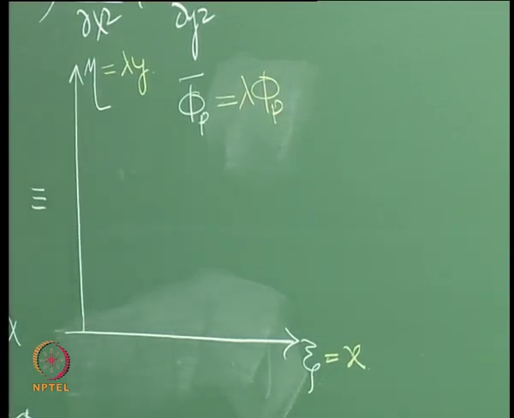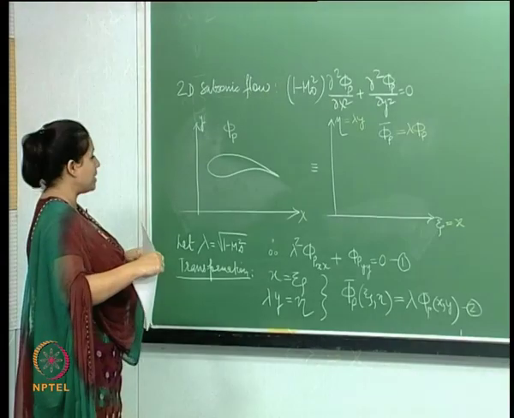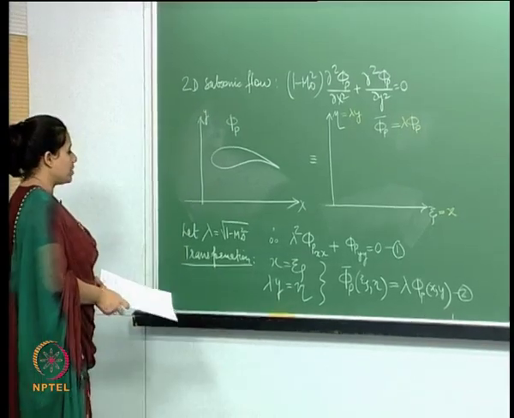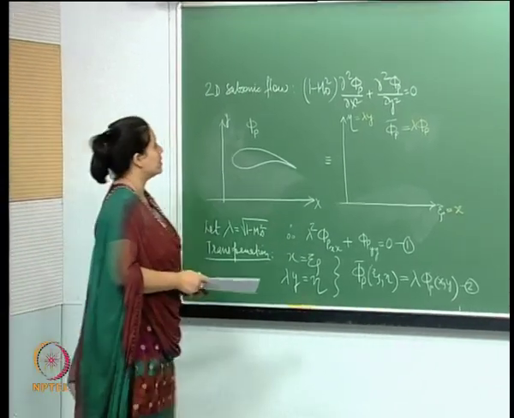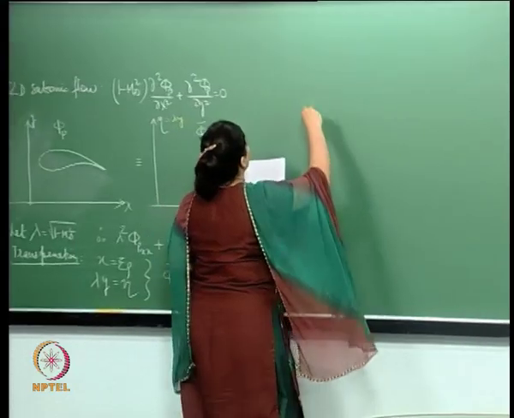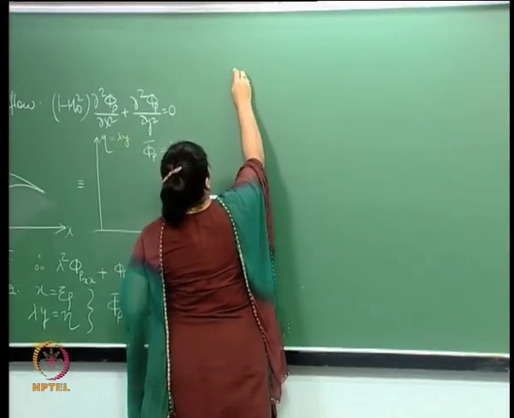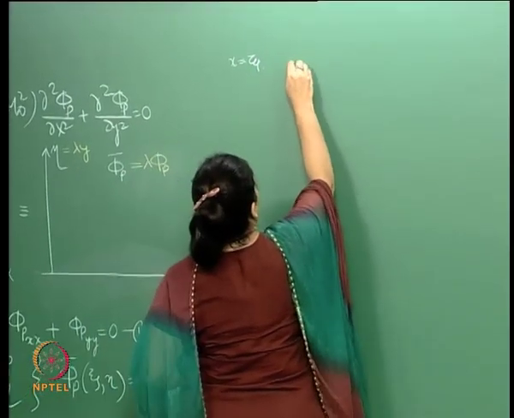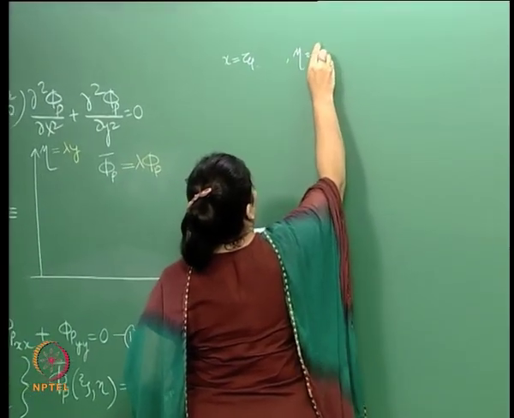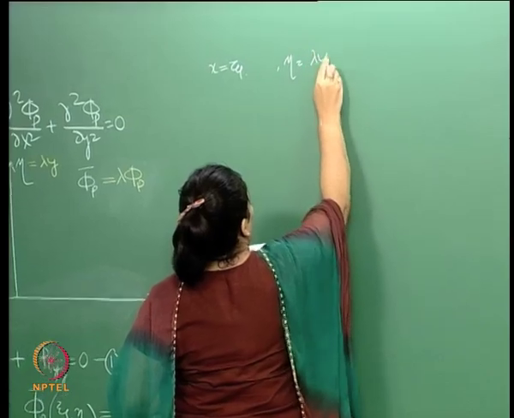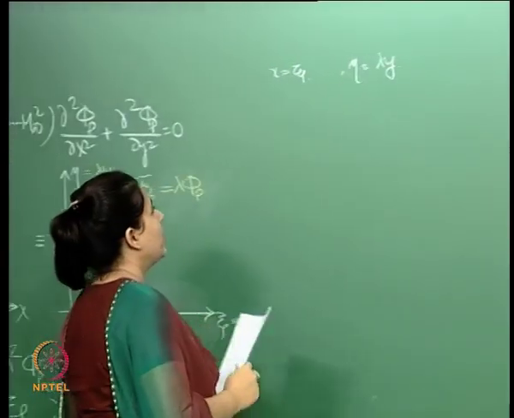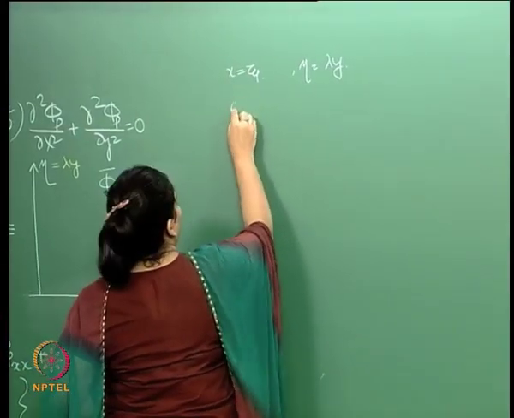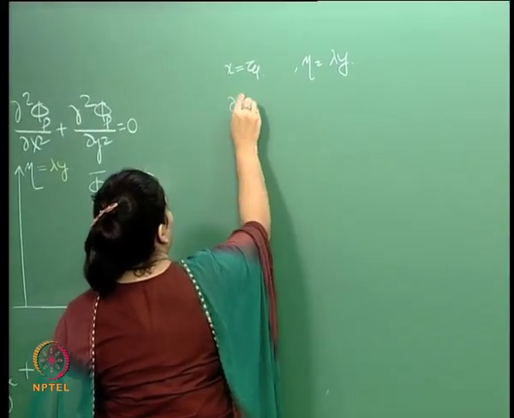Right. So, this is basically the transformation. Now let us do some math with this. If you look at this, we said that x is this and eta is equal to lambda y. This is our transformation. Okay. So, if that is true, then what we get is